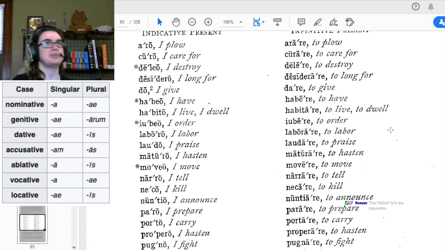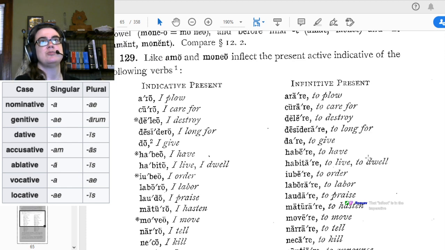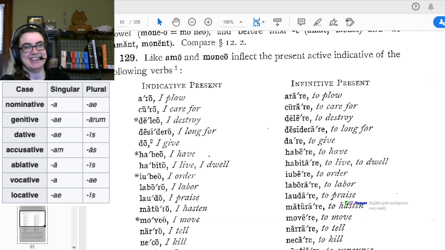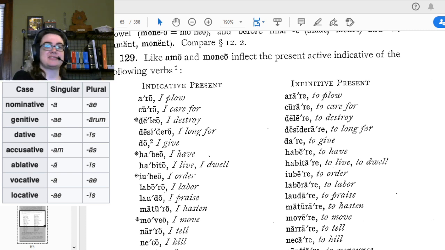"Like amo and moneo, inflect" is in the imperative. Yes, I really missed that when reading. I couldn't tell what form the verb was. Yeah, this is exactly the lesson. English is too ambiguous. I could not tell how to read inflect. I was just trying to make it a statement and it just didn't work. That was a very ambiguous sentence. Yeah, a comma before would have helped